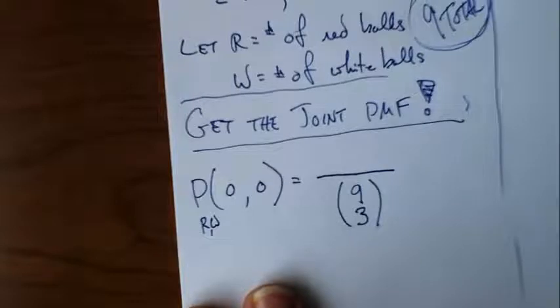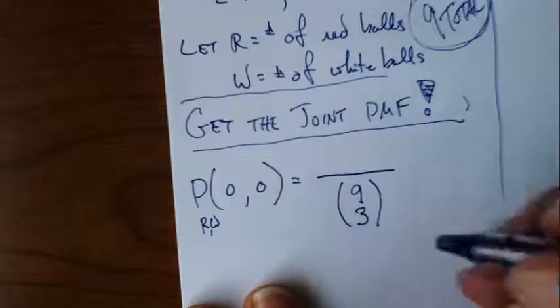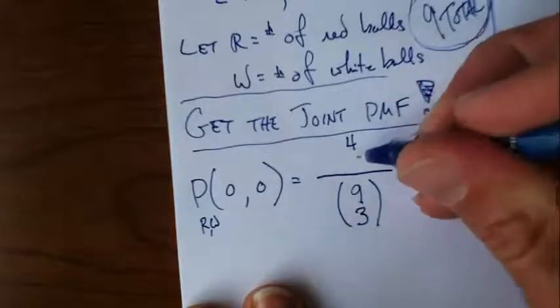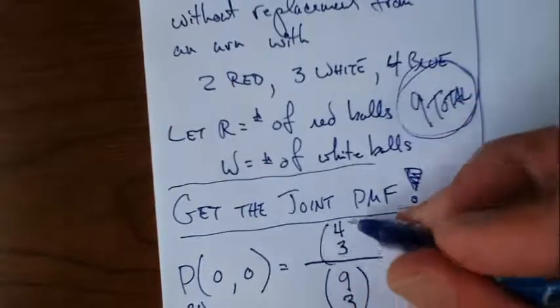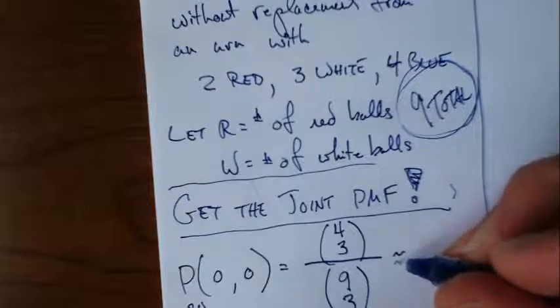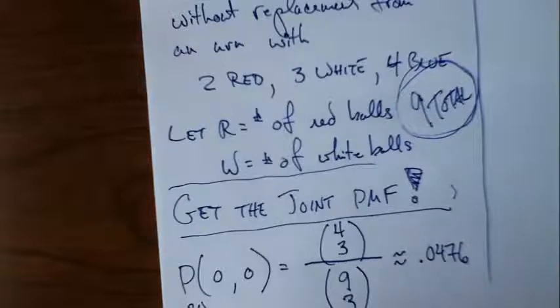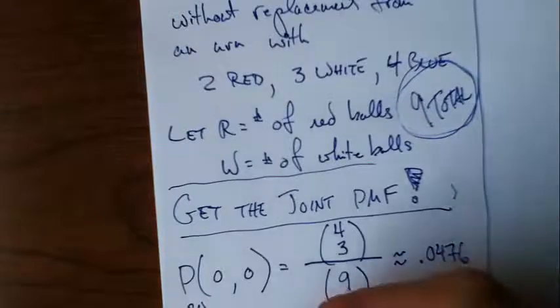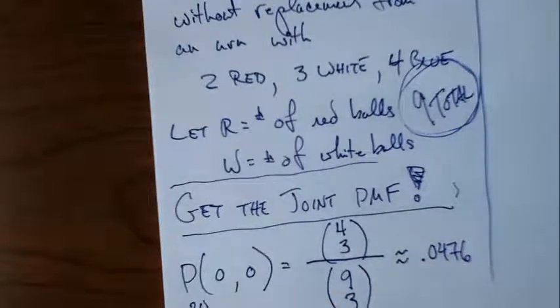Now, how many ways are there to choose 3 balls such that they're all blue? Well, I've got to get them all blue. There are 4 blue balls, so that's 4 choose 3. If you do that in your calculator, you should get about 0.0476. What I'm after here is the joint probability mass function, which means that